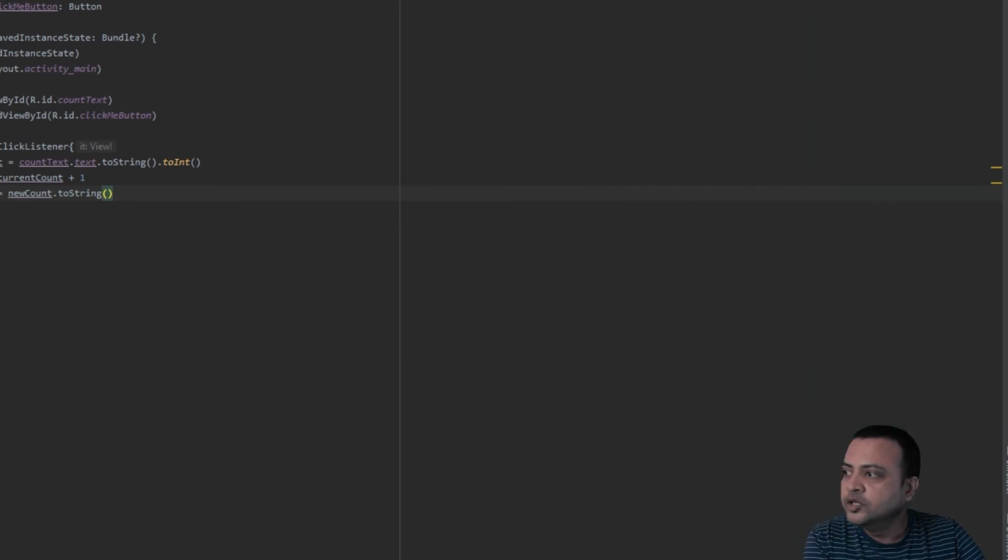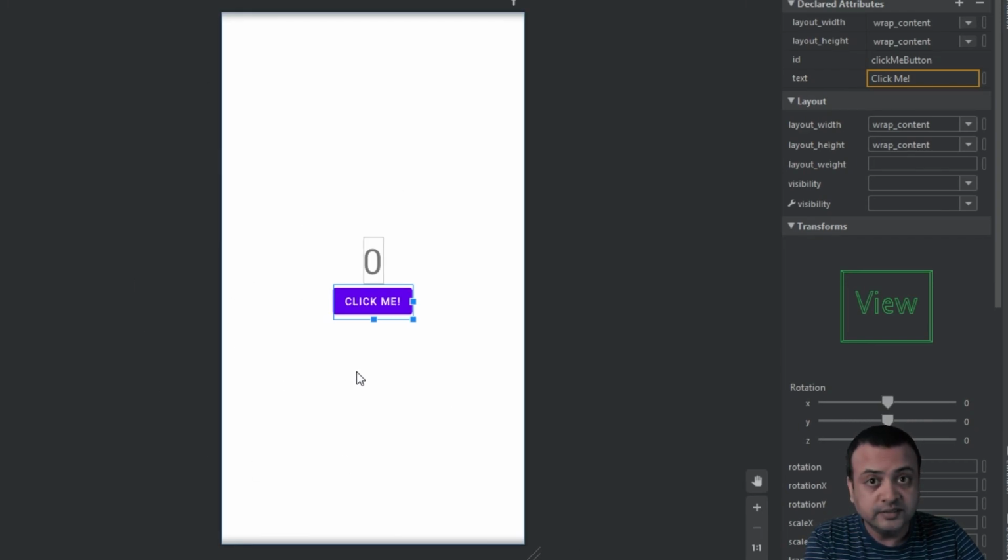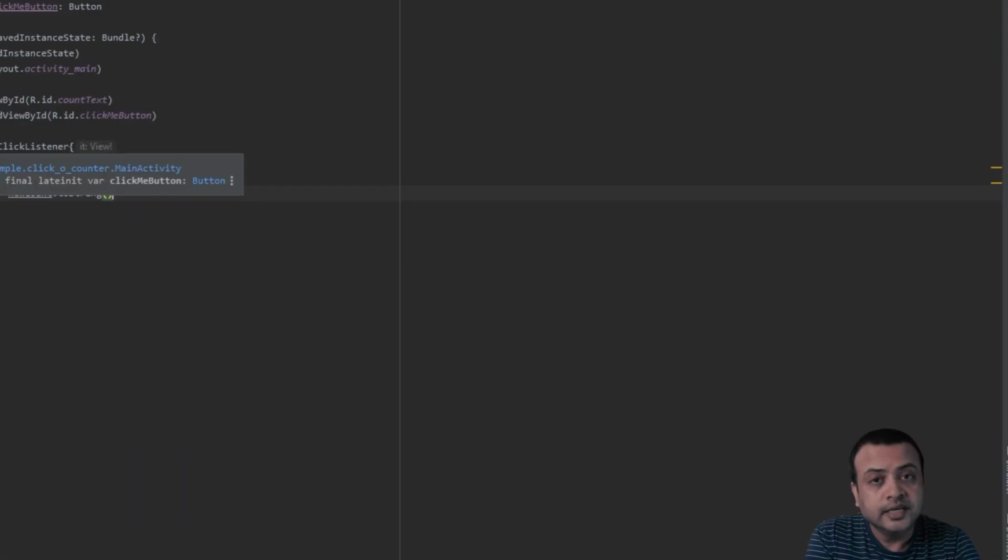Right now, you have a layout. You can change this layout. You can make it look better. You can change the color. You can change the text color. You can do whatever you want. Play around with it. If you mess up, just delete the project and start a new project. All we did was create a basic layout with one text view, one button, and then we are updating the text view whenever that button is being clicked.